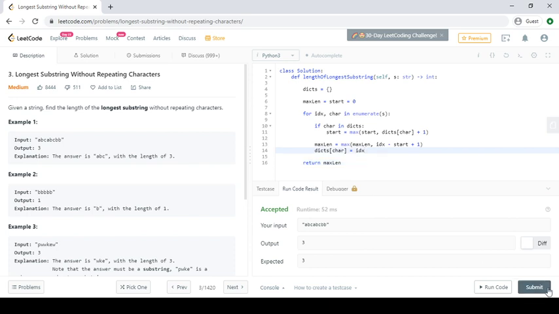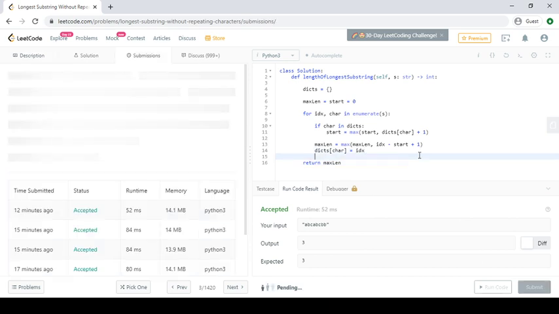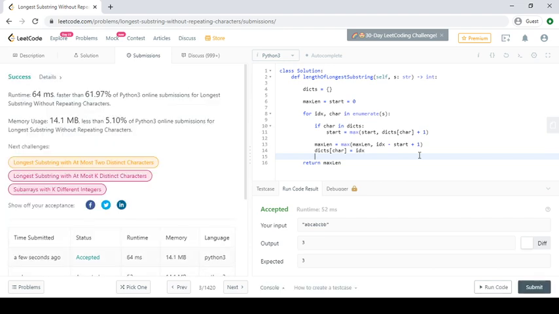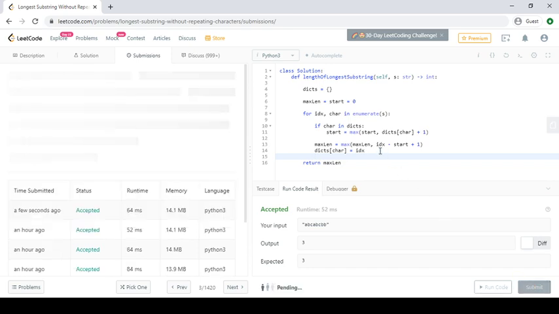So let's run this. If you see, it runs 2 or 3 times.